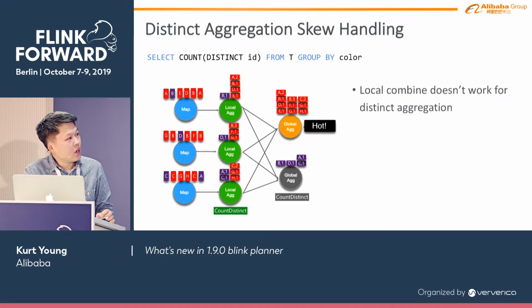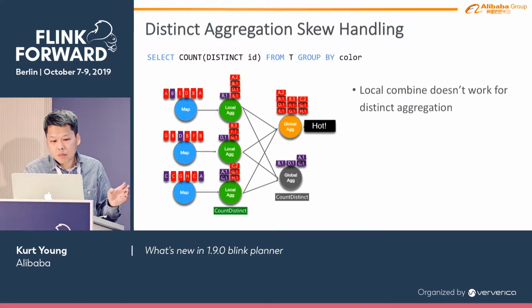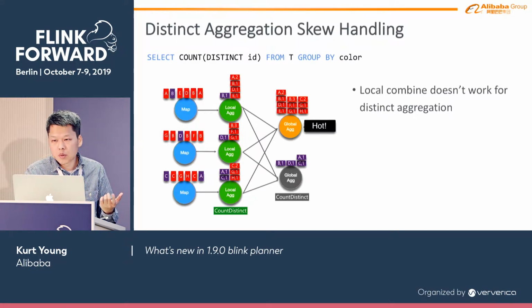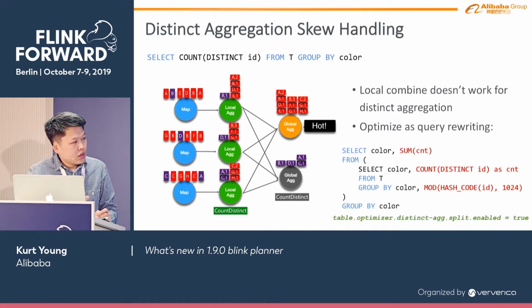But sometimes local aggregation will not do the trick, especially when distinct aggregation is involved. In streaming, we use state to store all the detailed information about the distinct aggregates. In this case, we want to calculate the distinct IDs. We will store all the IDs in state, and we begin to shuffle all the state IDs to the downstream operator. The local operator is useless in this case. So we have to introduce some other